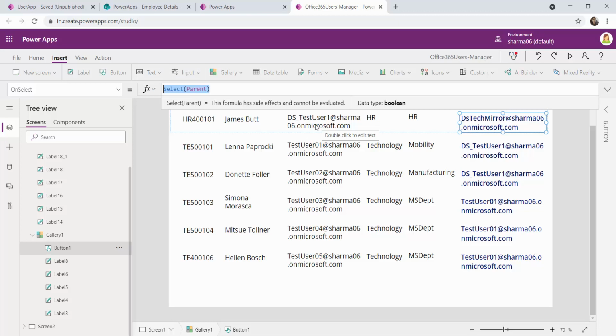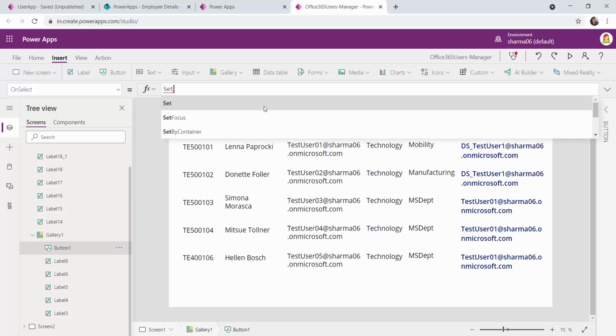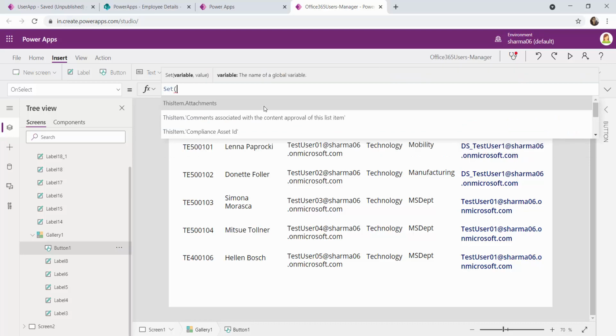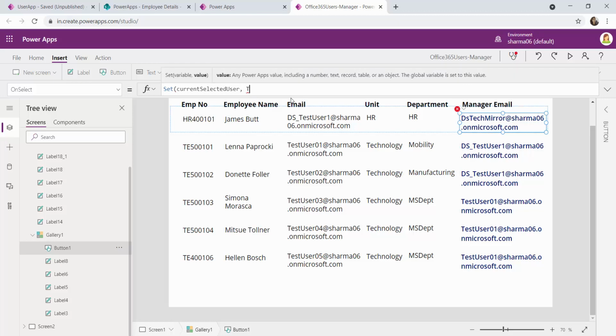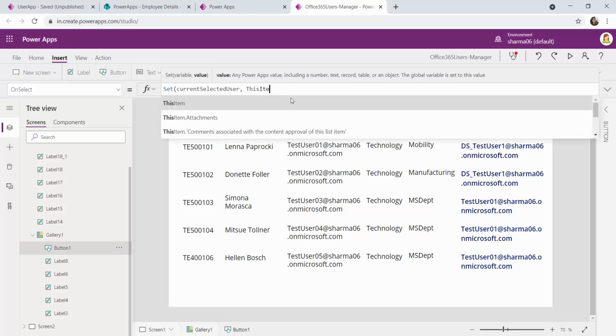We can provide a text field also. So if we are going to use a text field like current selected user, we can provide the information like this. This dot, this item